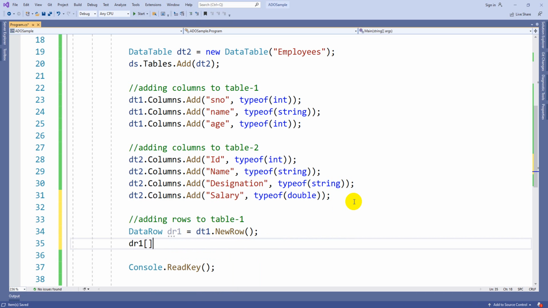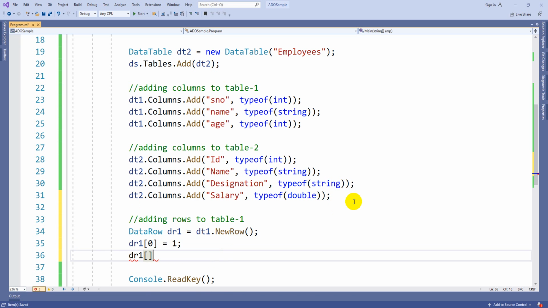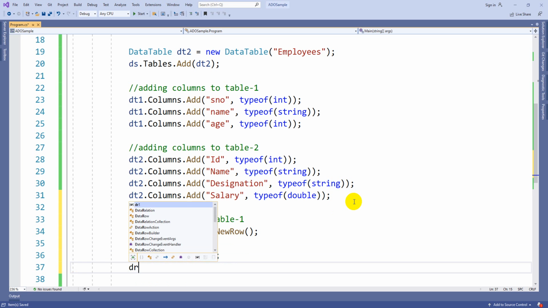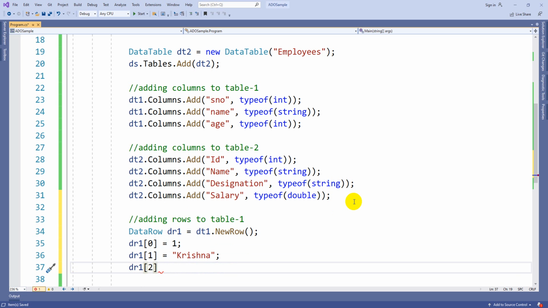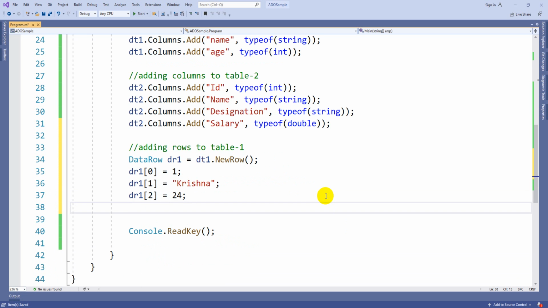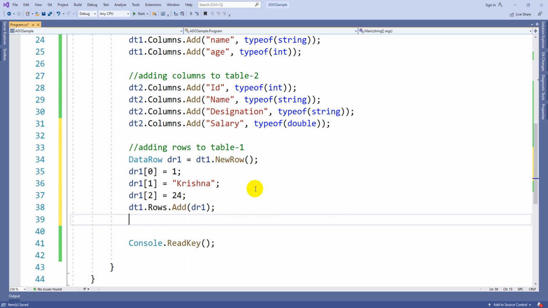So dr1 of 0, that is serial number 1, dr1 of 1, that is name, dr1 of 2, that is age. After that we'll add it to the table. So dt1.Rows.Add of this dr1. One row we are adding.